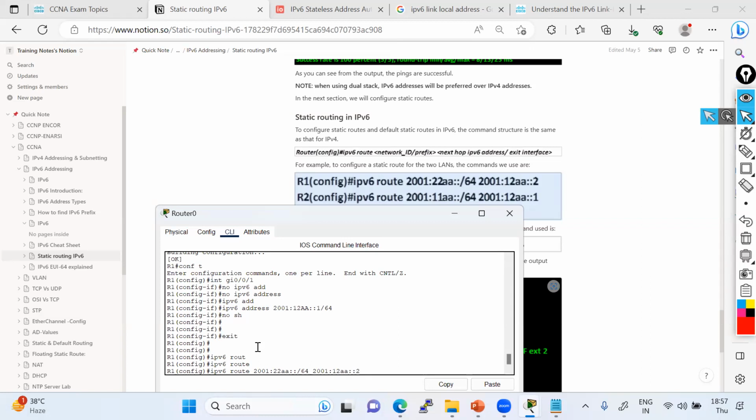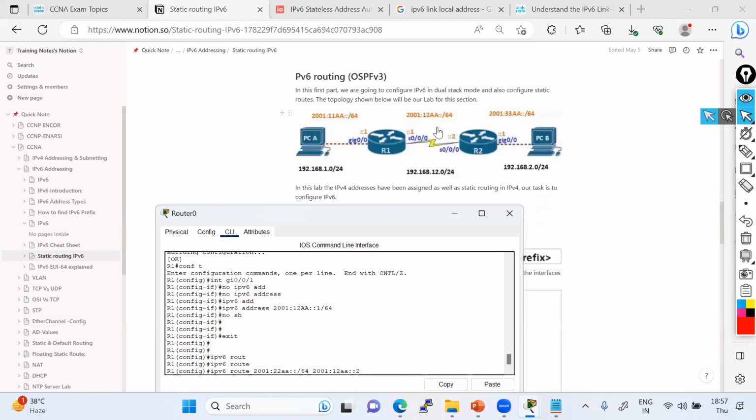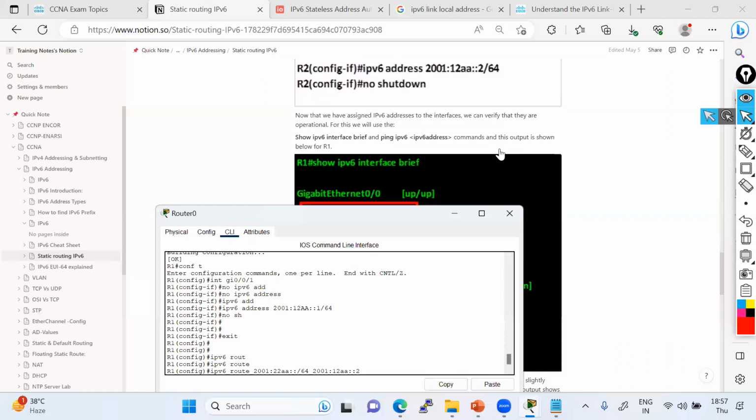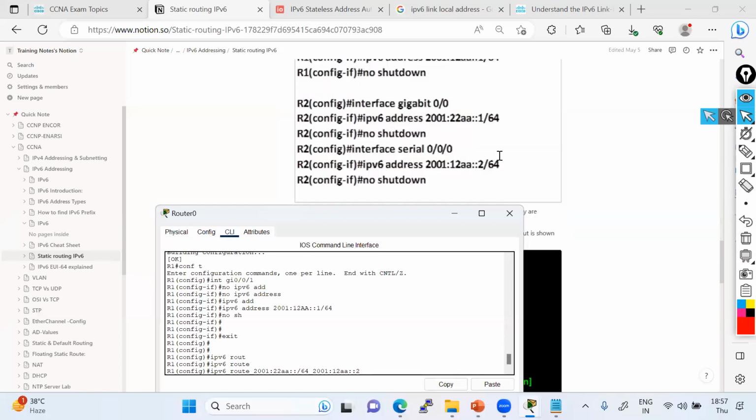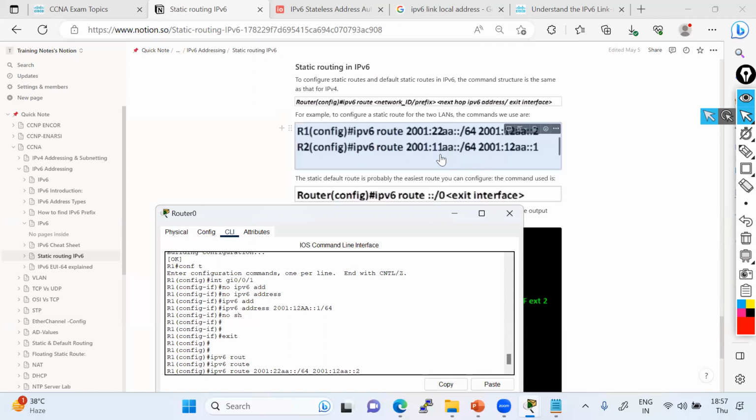Okay. So this is R1 and it is saying if you want to go to 22, but we don't have 22. We have 33 now. We don't have 22. We have 33. Yes, 33.